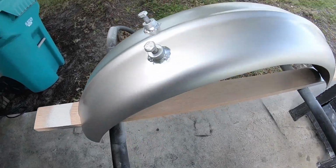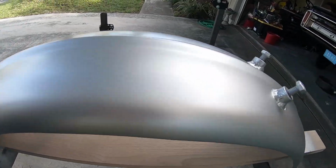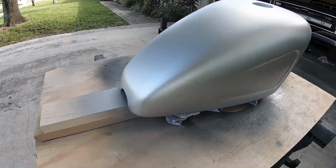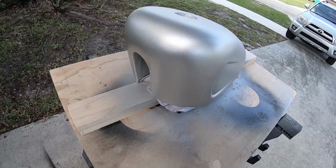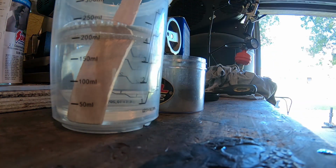Then it was time to take care of the fender and gas tank. For the base coat, I use metallic silver paint, which will go pretty well with the silver flakes that I got. So those are the mini flakes from Rough,